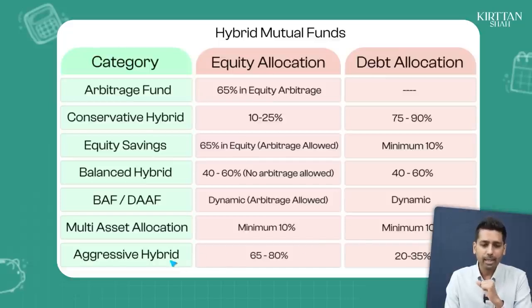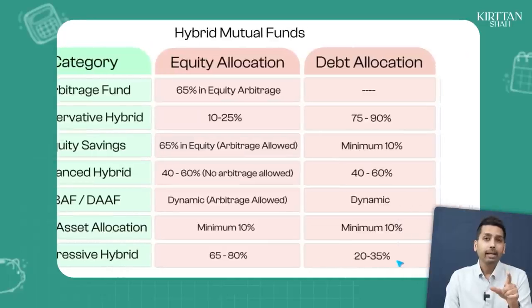And the last is something called as the aggressive hybrid. Now, like the name suggests, it's aggressive. 65 to 80% of the money will be invested in equity, and the remaining 20 to 35% will be invested in debt. Now, to summarize whatever we've done so far, hybrid is nothing but a combination of more than one asset. So when you invest in a hybrid, you are not investing in one asset class, but you are probably investing in 2-3 asset classes: equity, fixed income, precious metals, or any other alternates. And each of these hybrids are different from each other depending on how much money you are investing in which